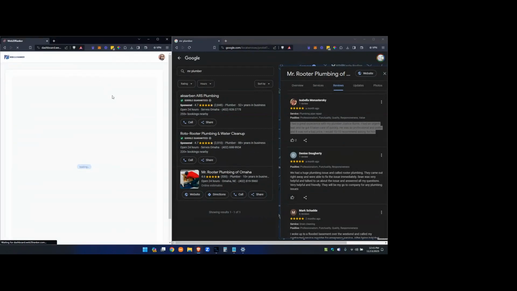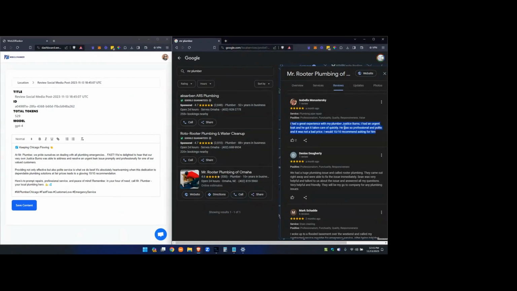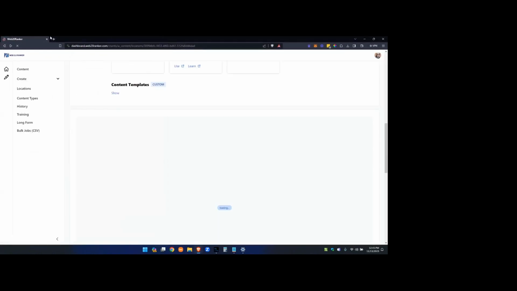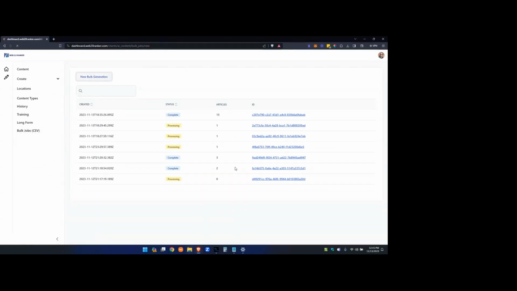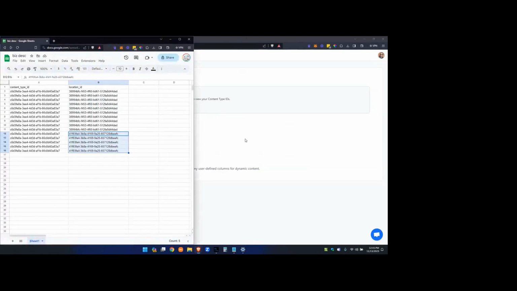So here we got our post. And so fast, so it's talking about being fast. We got a glowing recommendation, 10 out of 10 recommendation, which it says in the review, prompt repairs, all the things. And again, we can take this snapshot, but say we just got this client. We want to really promote the quality service that we've done, and we want to create a bunch of these posts. So looking back over at the bulk content generation, I can pull up my spreadsheet back over here,